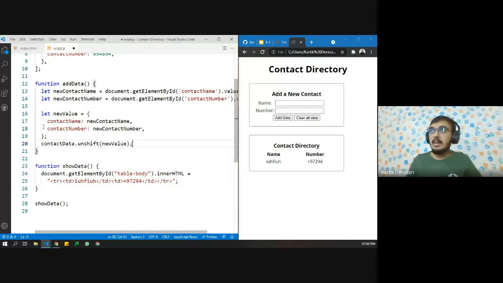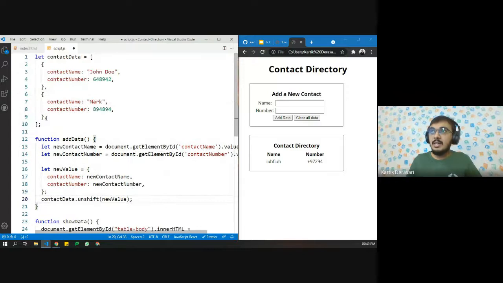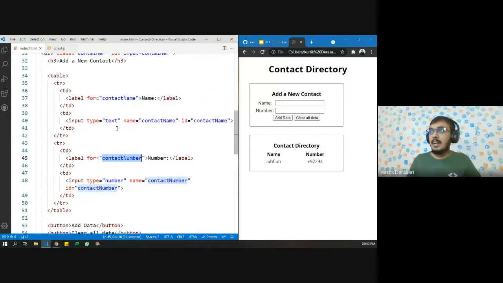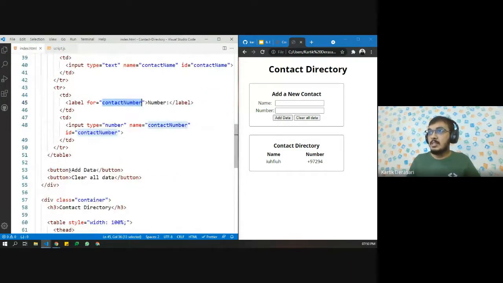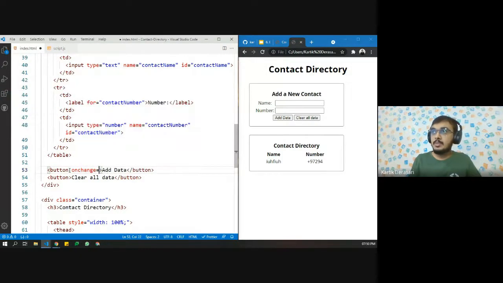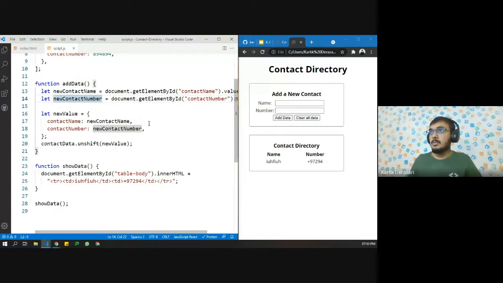And whenever we call this function, this will add new data to the contactData. So let's save this, and we also need to call the function. So let's say on the button, on click, we want the addData function to be called. Okay, looks perfect. Let's see.